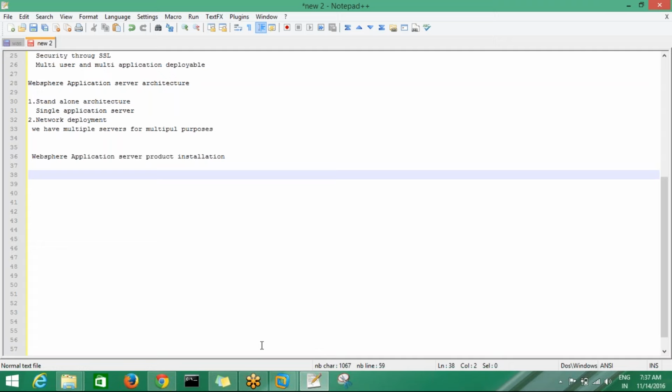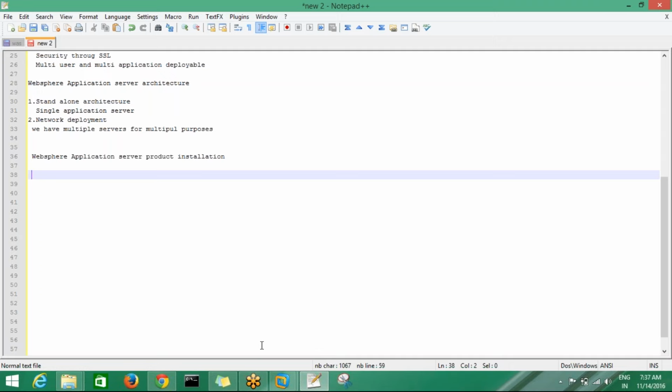We cannot go and install the WebSphere application server directly, so there is a process introduced. In versions up to WebSphere 7 there is one process. After 7, I mean 8 and 8.5, we have a different process. Up to 7, we have different setup files for Linux machines and Windows machines. We have separate files, platform dependent software, available up to the version 7 network deployment version.